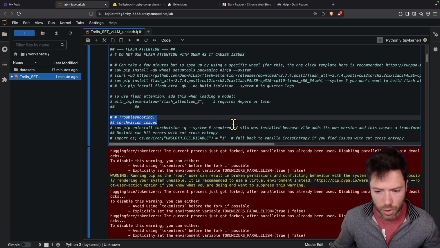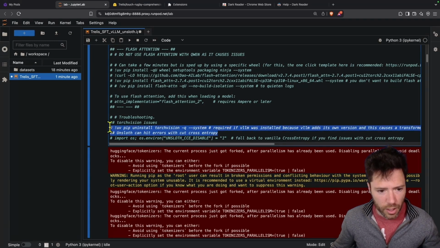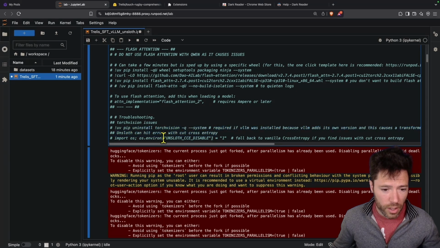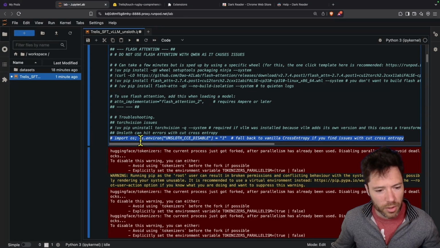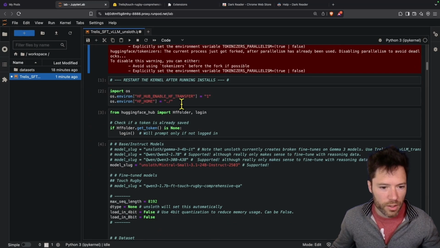Now, just 2 troubleshooting things. If you find that there's a conflict with Torch Vision, you do not need Torch Vision, I think, anymore with the latest version of Transformers or Unsloth, so you could just uninstall it. Also, if you have issues with Unsloth's cut cross entropy, Unsloth has a custom cross entropy that saves on memory, I think maybe on compute. You can disable it if there are issues by running this line here. Okay, so I've restarted the kernel,